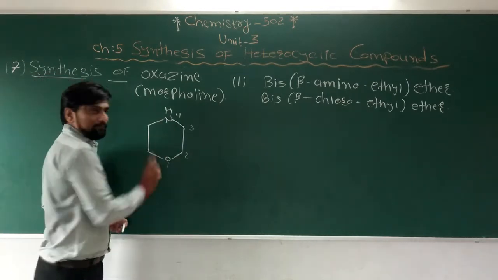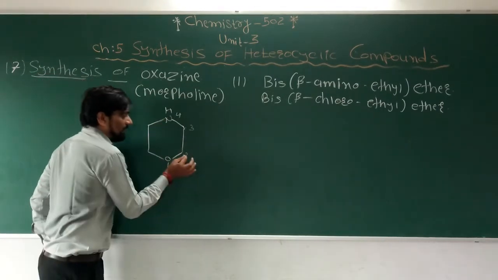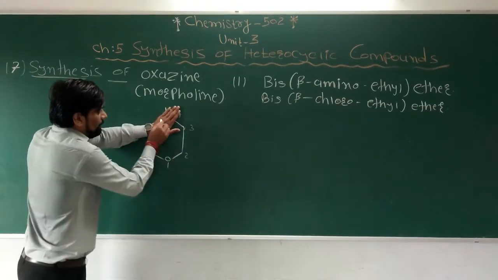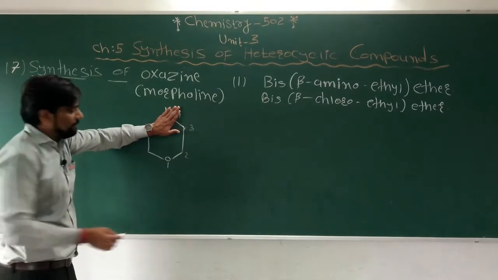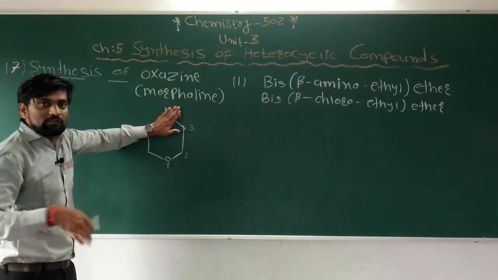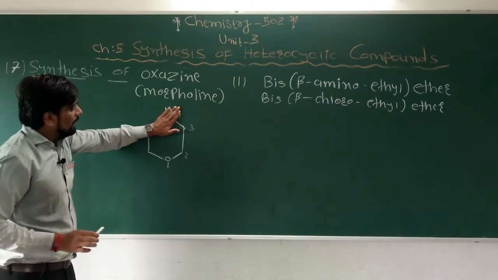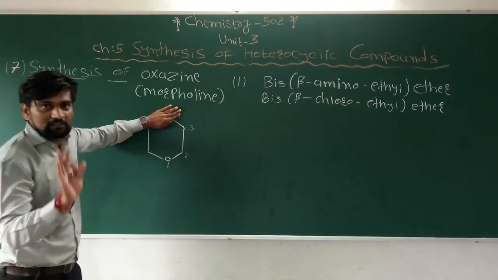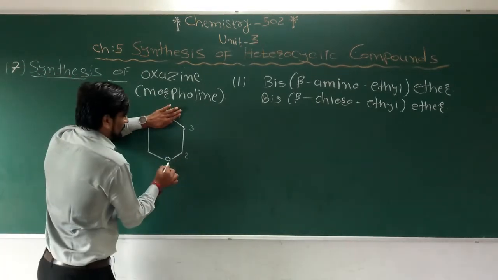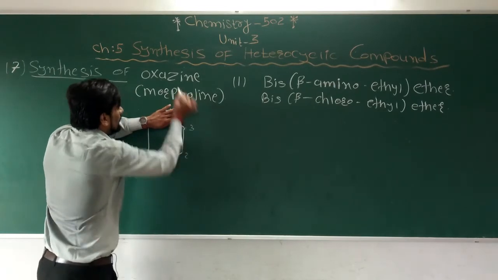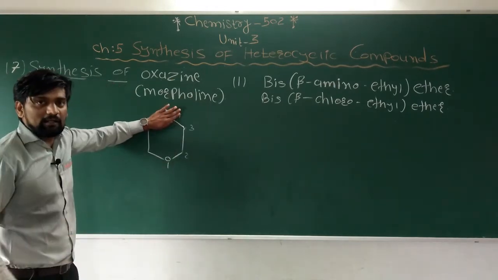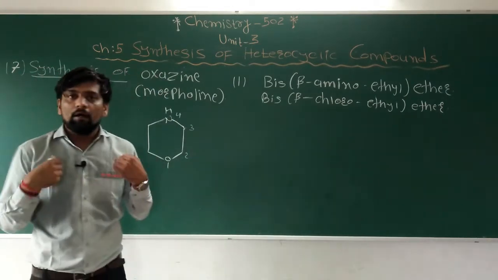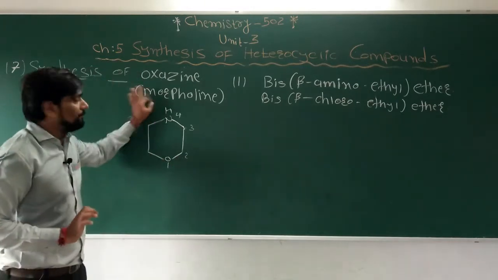Whenever the heteroatom nitrogen is present at the second position, this compound name is 1,2-oxazine. So this is another isomer of oxazine. Whenever the nitrogen is present at the third position, this compound name is 1,3-oxazine. So this is another isomer of oxazine. Oxazine has many isomers, but morpholine means tetrahydro